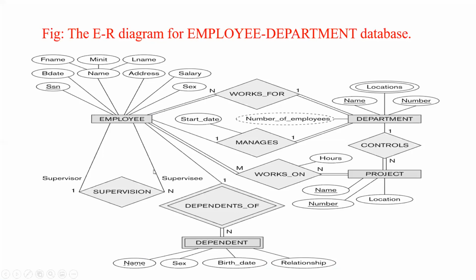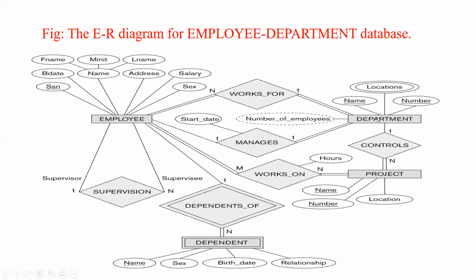And here you can see employee, supervision, and supervisor. This here is a recursive relationship. An employee works for department, so the employee is involved in the relationship works for. Here also, the department and works for involved, that is total participation. Department again has attributes, see here locations, a multi-valued attribute. We have 2 locations for department. And here you can see name and number are underlined. These 2 are key attributes.